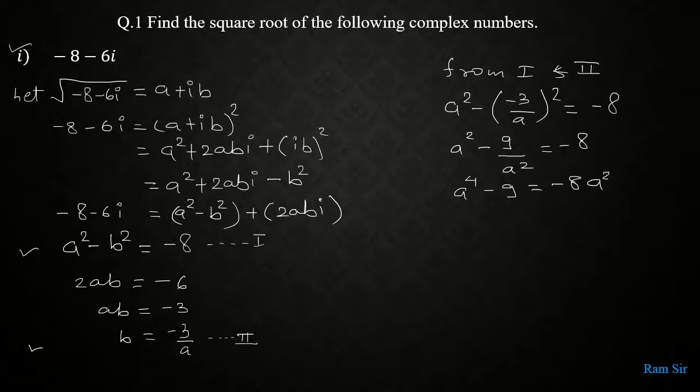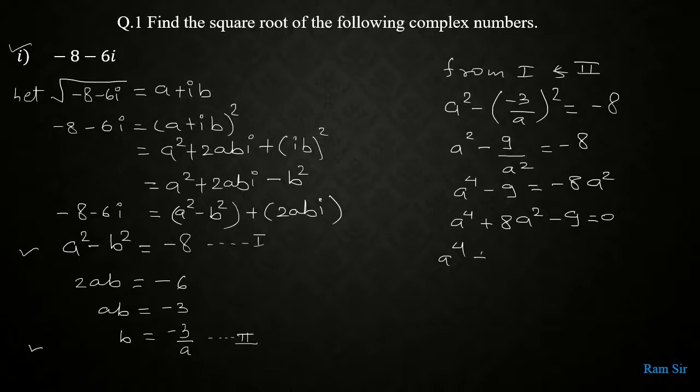-8a the whole square. Now shift that -8 on the left hand side, that gives you a raised to 4 plus 8a square minus 9 is equal to 0. This is not a quadratic equation, but in that format. So for solving this, we'll prefer splitting the middle term to get our answer of a and b. So let's simplify further. That gives you a raised to 4. Now from 9 we have to find two numbers whose subtraction is 8.